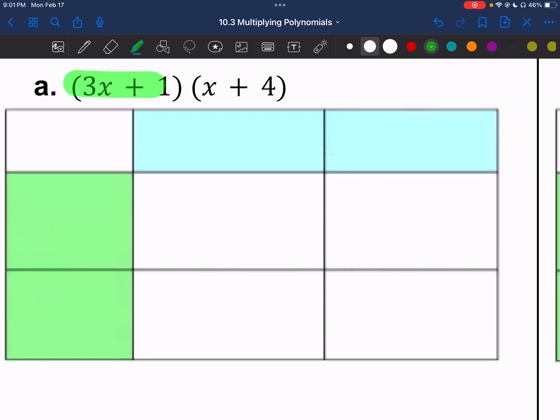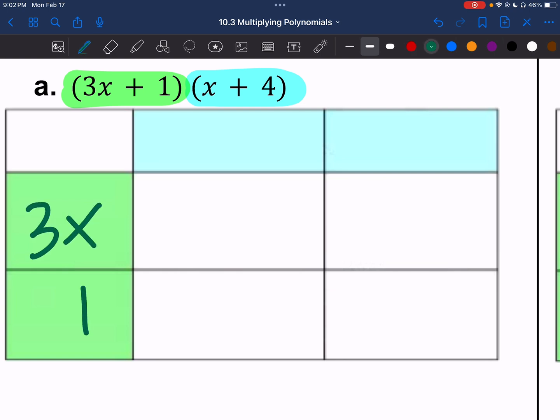So we're going to have two terms. We have 3x plus 1 as one term, and we have an x plus 4 as our other term. So I'm going to go ahead and write those two binomials into these boxes. So we have a 3x, we have a 1, and we have an x, and we have a 4. All right, now,